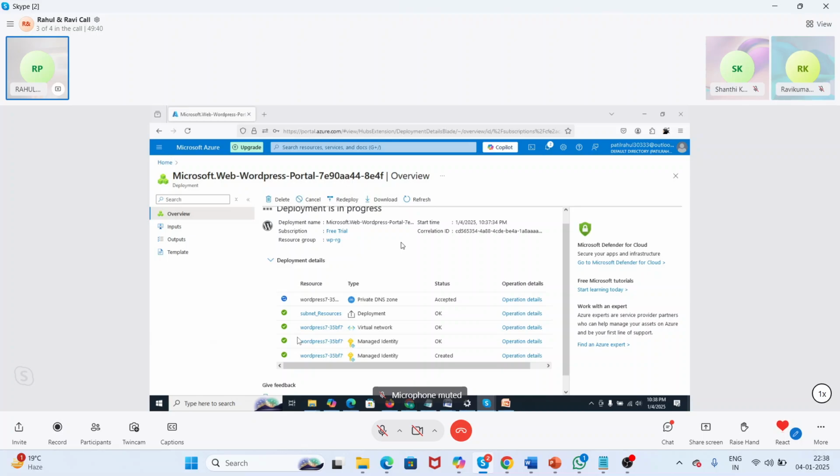So we have to wait till the installation gets completed. Here you can see WordPress is now installing.